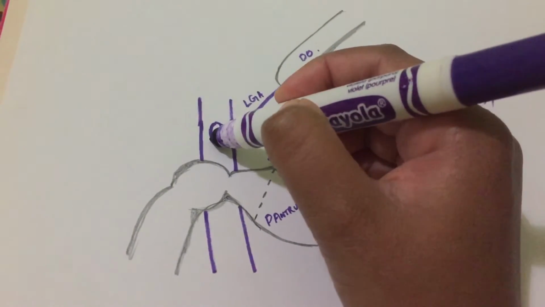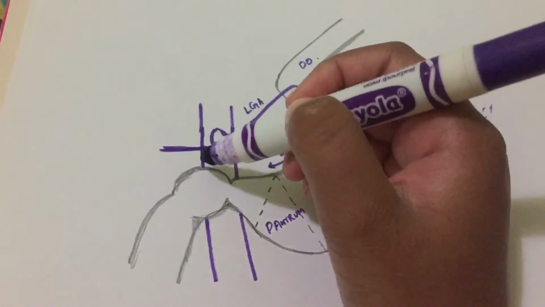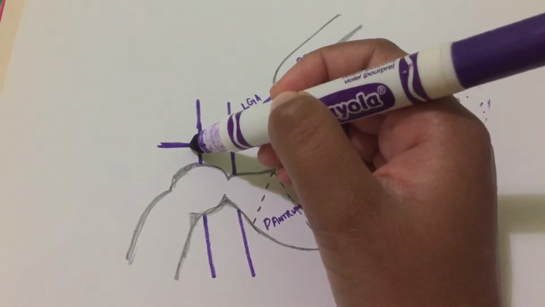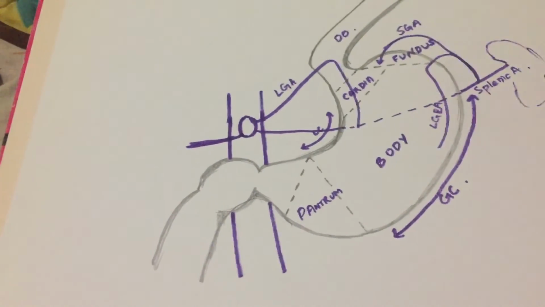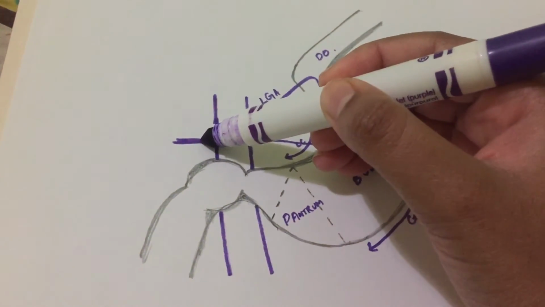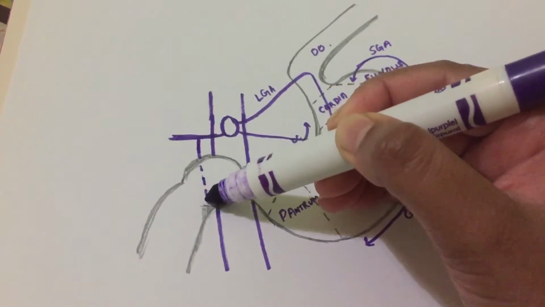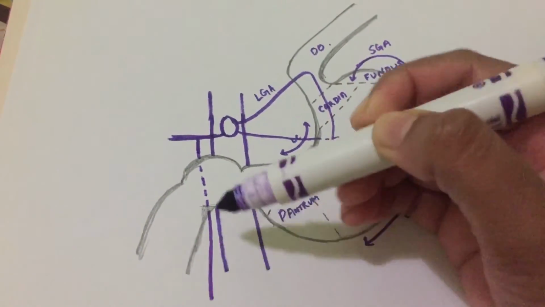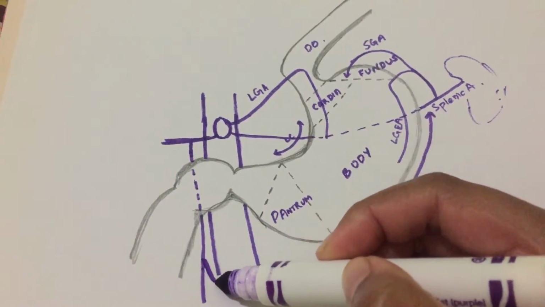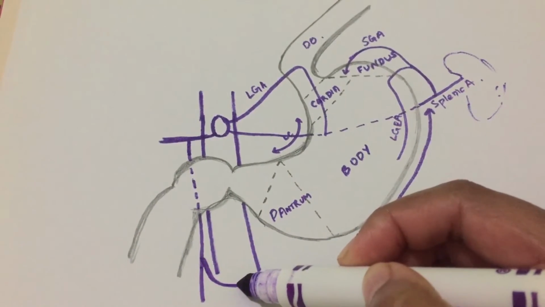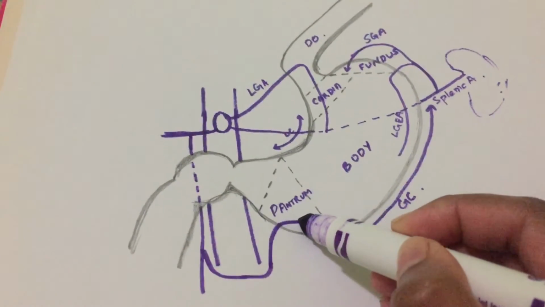The third branch is the common hepatic artery. The common hepatic artery, here in the pylorus part, divides into two main parts. It gives the right gastric artery and the gastroduodenal artery. This is the gastroduodenal artery. The gastroduodenal artery gives off the right gastroepiploic artery, and this artery supplies the pyloric antrum and